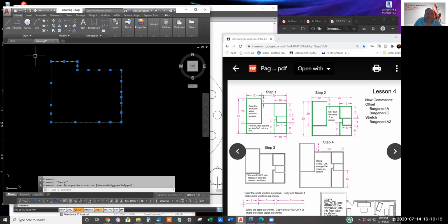I'll select everything so you can see, I guess every other grip is an endpoint of a line. Hit escape to deselect and get rid of the grips.